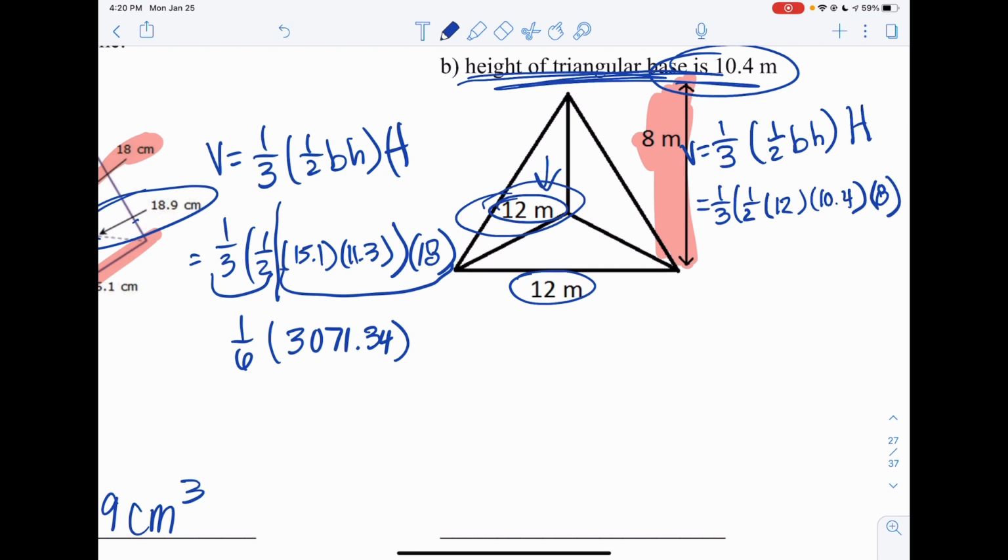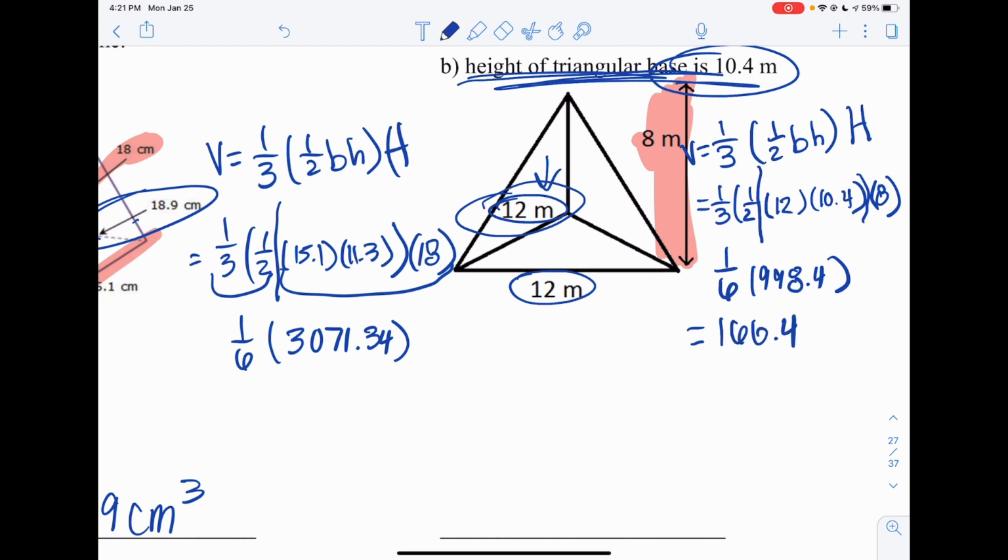Okay. Now, to start simplifying, once again, I would do the same exact thing, draw a line to separate my fractions and my whole numbers. I have 1/3 times 1/2, which is going to give me that 1/6. And then I'm going to multiply 12 times 10.4 times 8, which is going to equal 998.4. Okay. And for my last step, I'm just either going to multiply by that 1/6 or divide 998.4 by 6, which is equal to